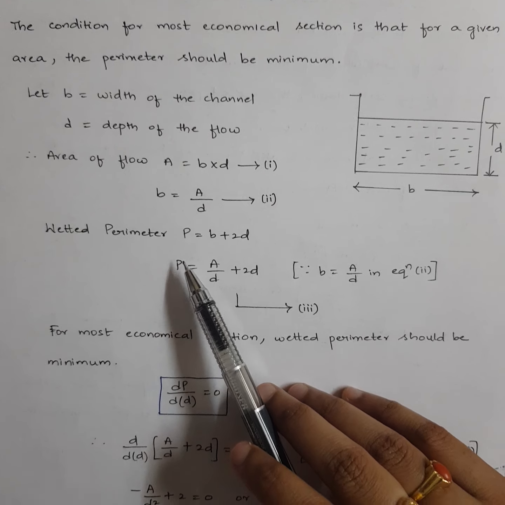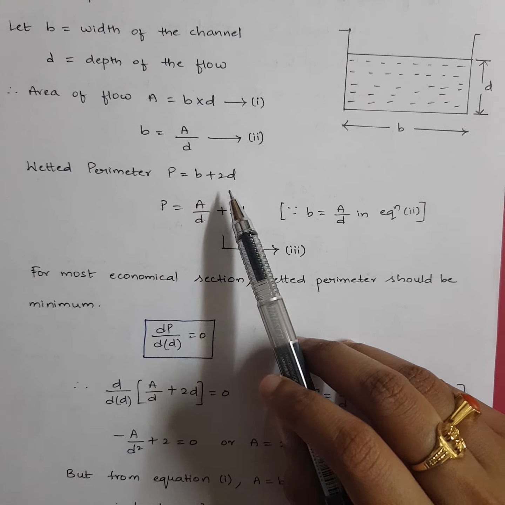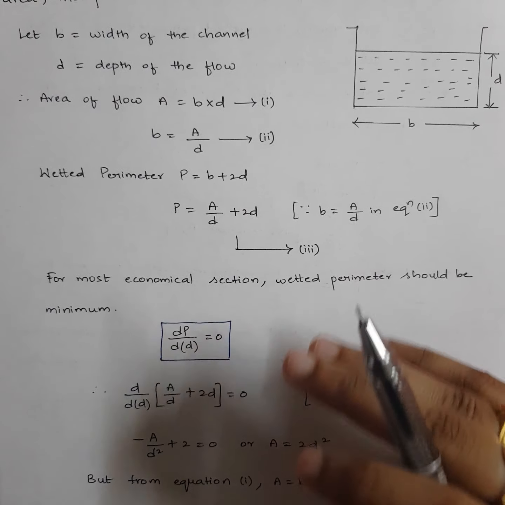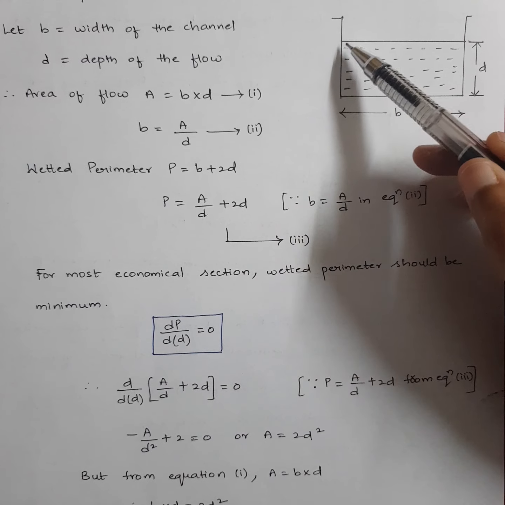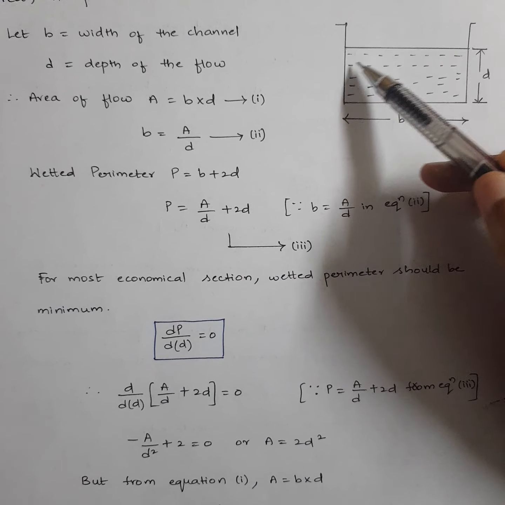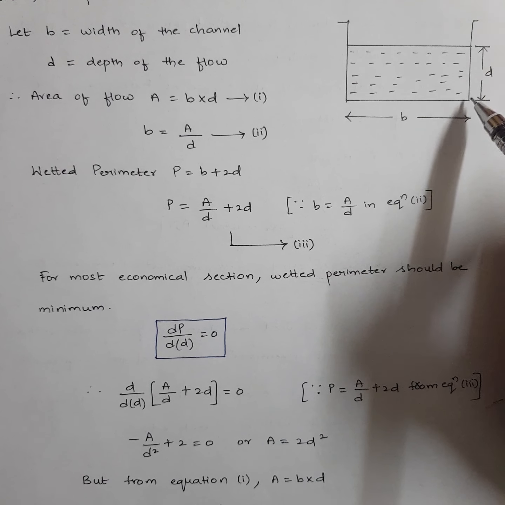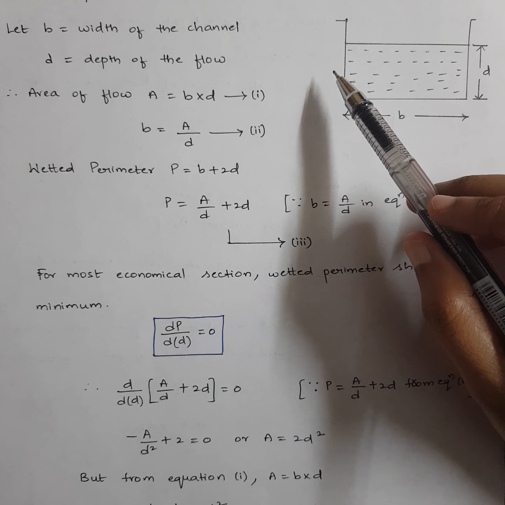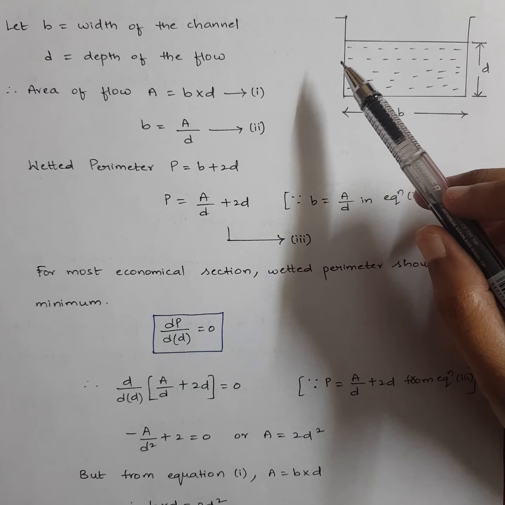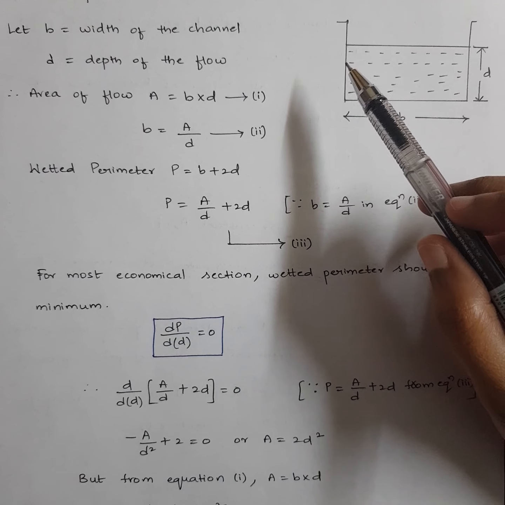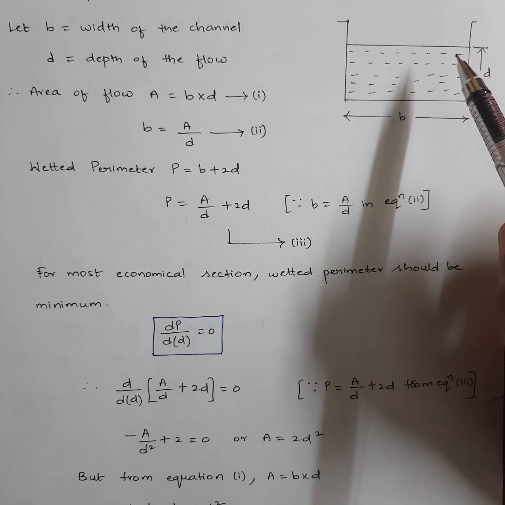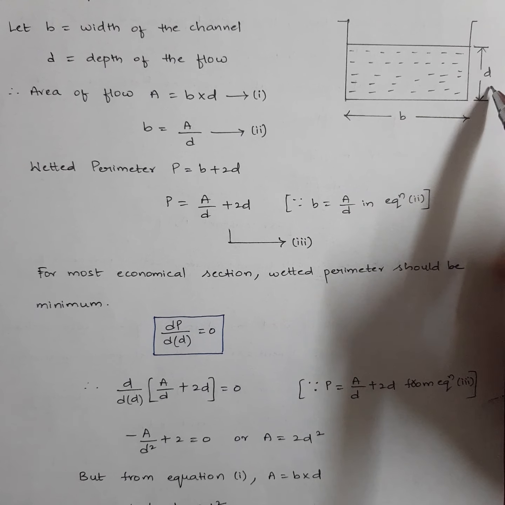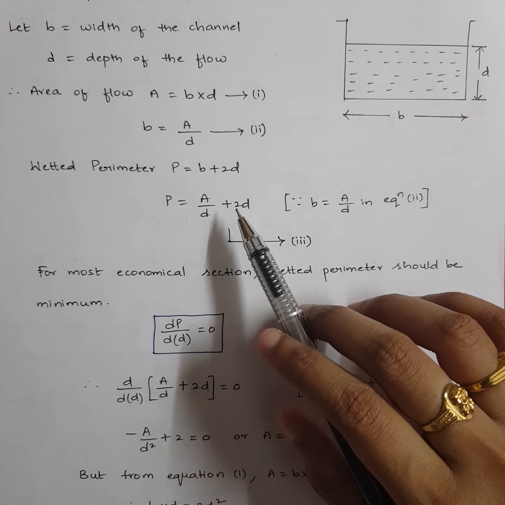And wetted perimeter P, as I've told you, is B plus 2D. How did this formula come? Wetted perimeter means what? Which part of the section got wet by water. So you see here, from here to here it got wet, since inside there is water. From here to here it got wet. From here to here it got wet. This is D and this side also it is D. So how do you calculate the perimeter of any geometry generally? You just add the sides. So which part of the perimeter got wet? Those sides we will add. So from here to here, this is D already. So D plus B plus D. So it is B plus 2D. That's how the wetted perimeter came.